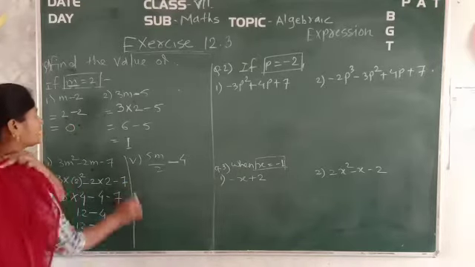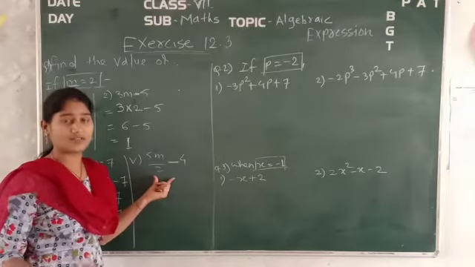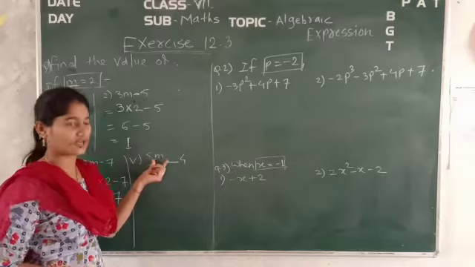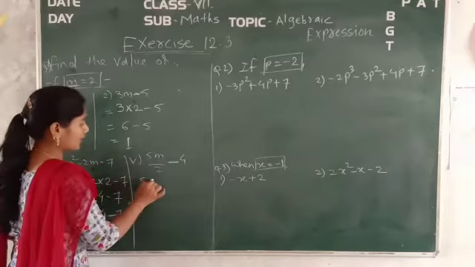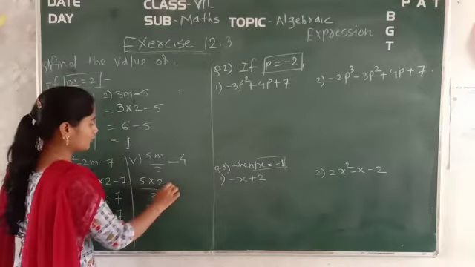In that way, you can find out the value of this expression also. How can you find it? By putting the value of m within the expression. So put the value of m, that is 5 into 2. The value of m is given already, that is 2. Divide by 2 minus 4.